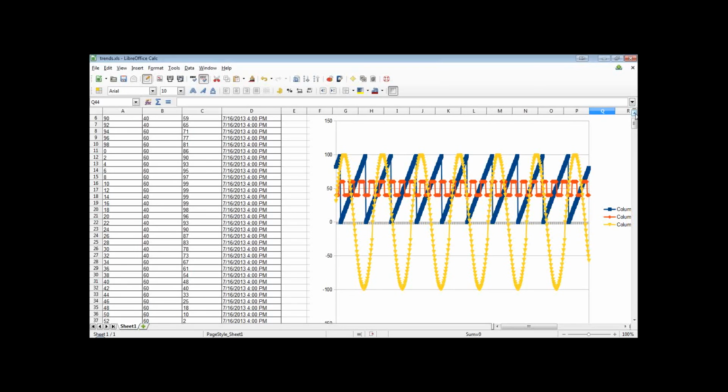This is a great way to monitor data as well as do data logging at the same time. Very useful information. And once it's in Excel, of course,